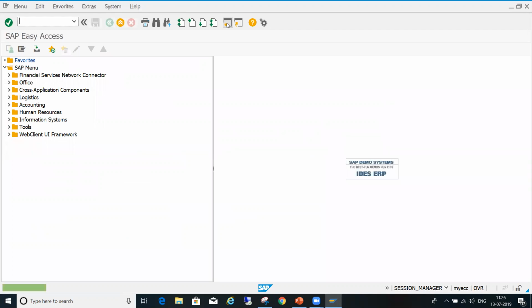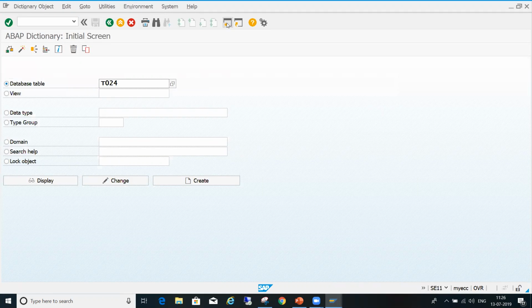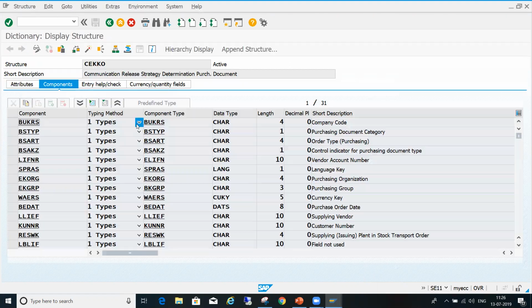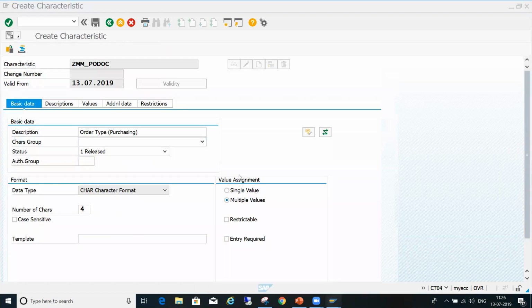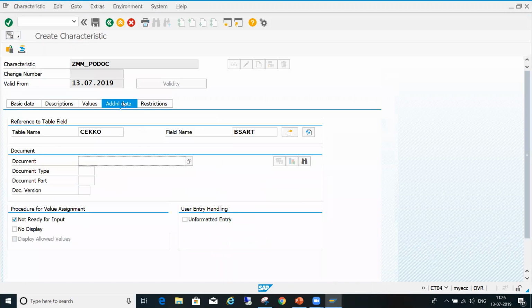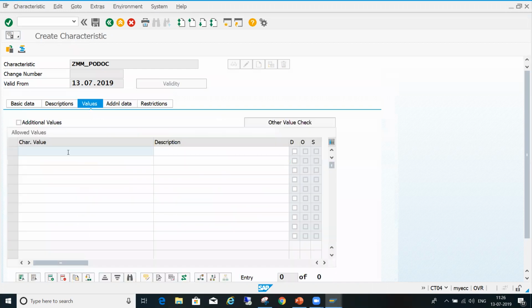If we go to SC11, we can see the communication structure CEKKO, where you can see order type BSART is a field. So only this field you have to take while creating the characteristic. Okay, values, you can put the values NB